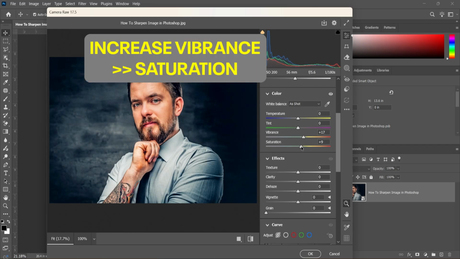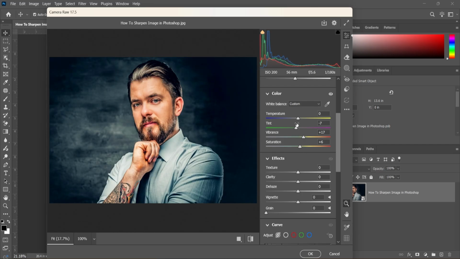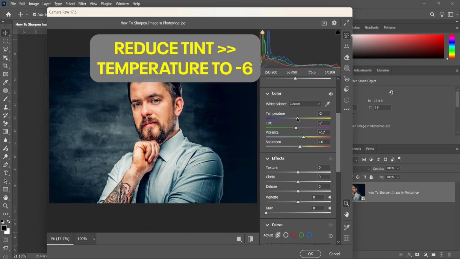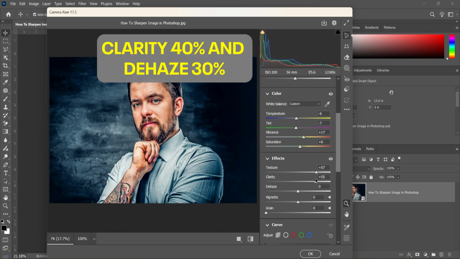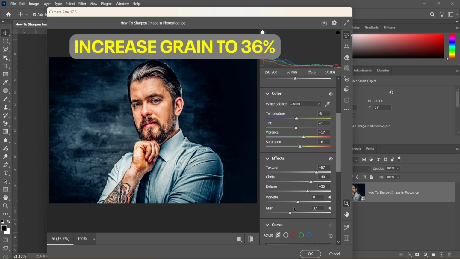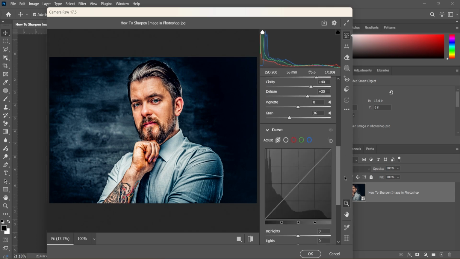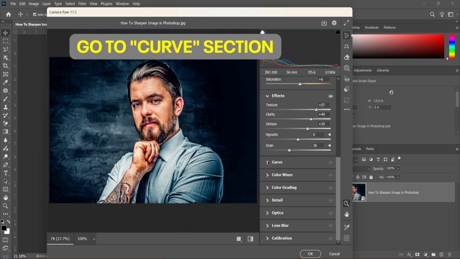increase vibrance, saturation, reduce tint, temperature to -6, increase texture 57%, clarity 40%, dehaze 30%, and increase grain to 36%. Scroll down and go to the curve section,